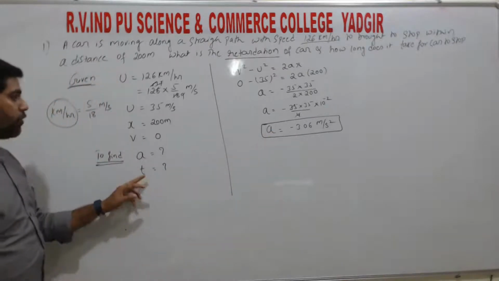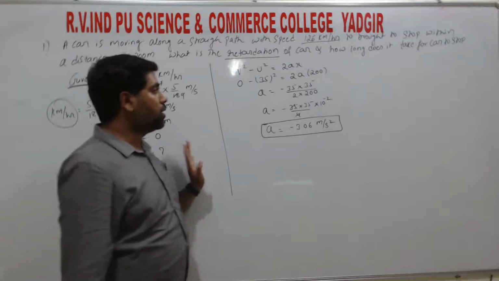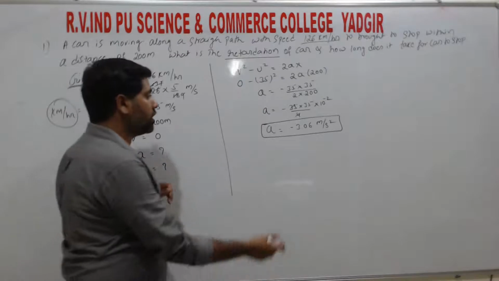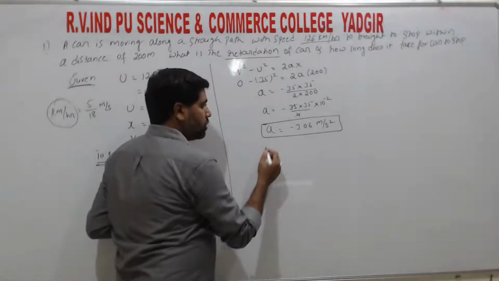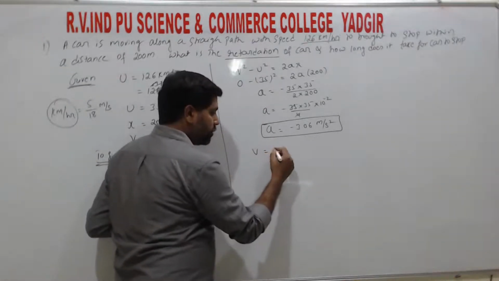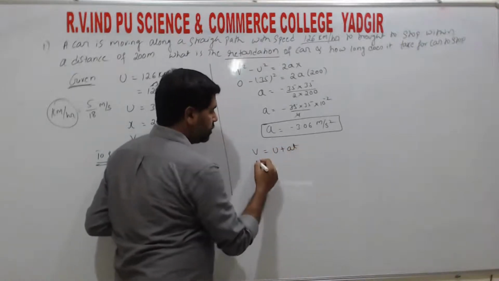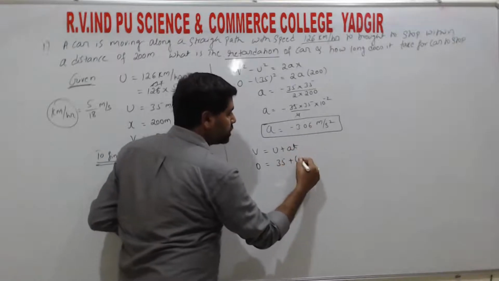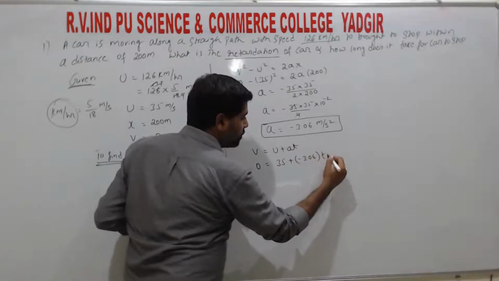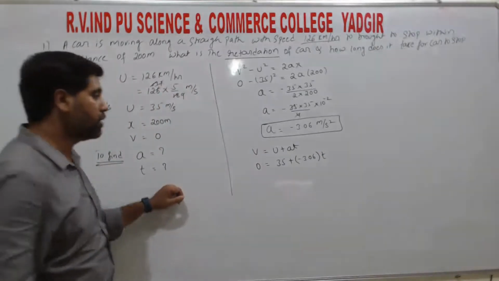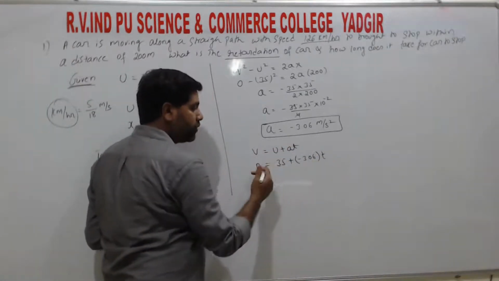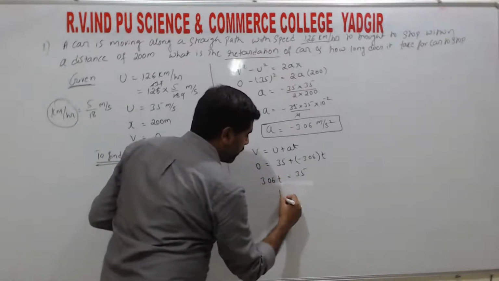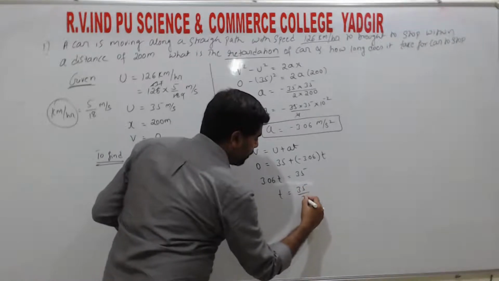Next, we need to find the time taken to stop the car, right? Already we have the three relations, and in any one of the relations you substitute, then you get the time. So by using the simpler equation, v is equal to u plus at. So v is 0, u is 35, plus acceleration, which is how much? Minus 3.06 into t, right? So plus into minus is minus, and if it shifts to the LHS, it becomes 3.06 t equal to 35, right? So t is equal to 35 divided by